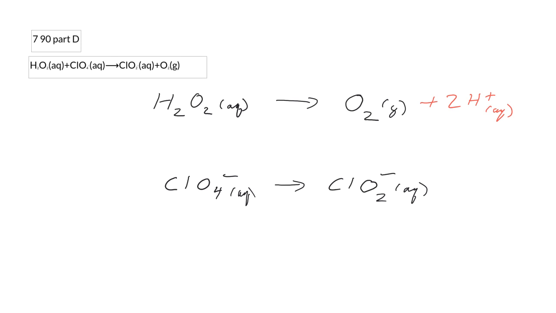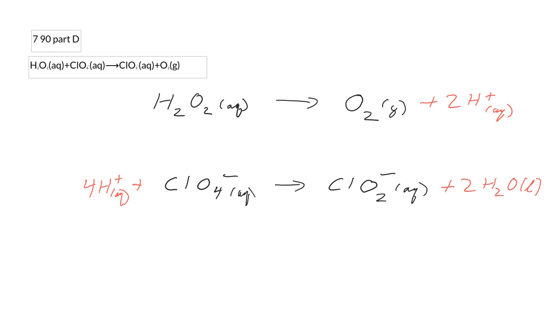Down here, I have to balance for oxygens. I've got 4 oxygens on one side, 2 on the other. So I have to balance by adding 2 waters. And water is always going to be a liquid. Then I need to balance out the hydrogens I added in water by adding hydrogen ions on the other side of the equation. I added 4 hydrogens over here, so I've got to add 4 on the other, 4 hydrogen ions